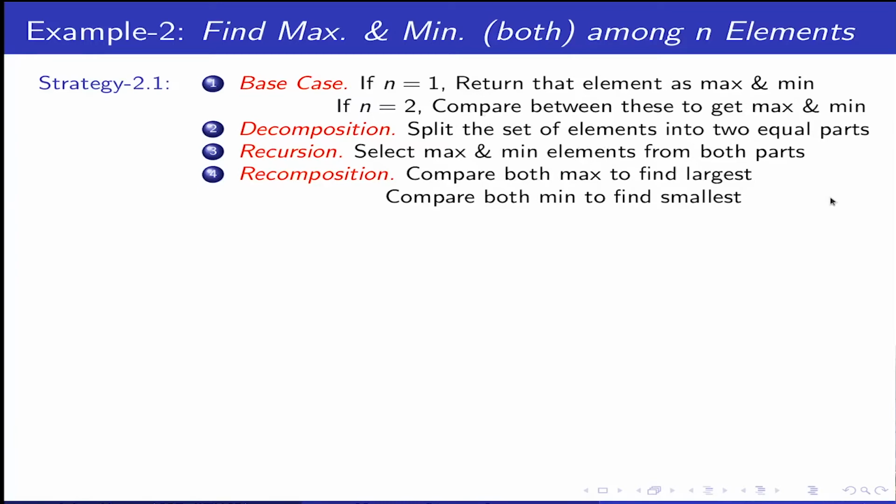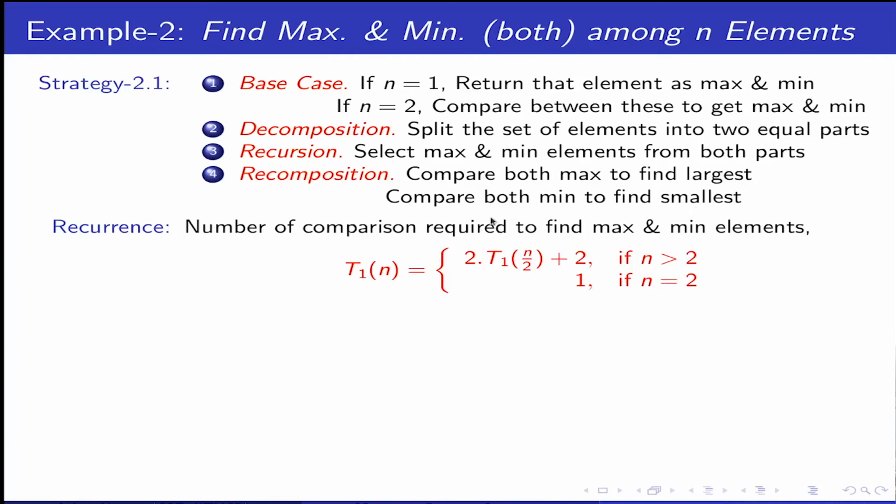Let us try to understand every possible strategy that we thought of in splitting here also. Split into 2 equal parts, find the max and mean from both parts. Finally, you need to have 2 comparisons: the max of the first part with the max of the second to get the largest, and the mean of the first part with the mean of the second to get the smallest. So therefore, the number of comparisons taken will be 2 times the number of half equal split comparisons plus 2, because finally we are having 2 comparisons.